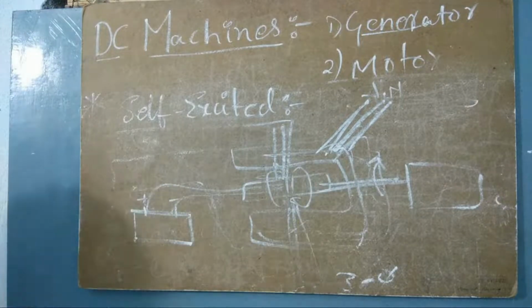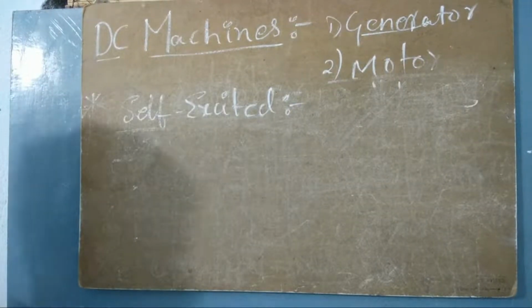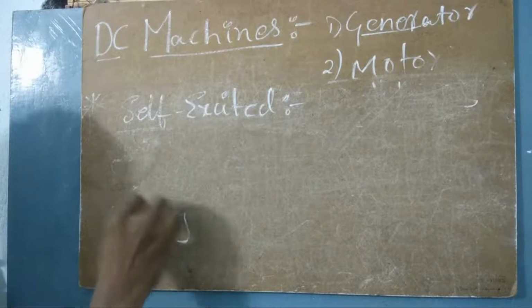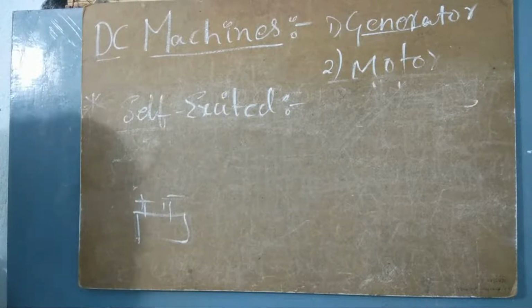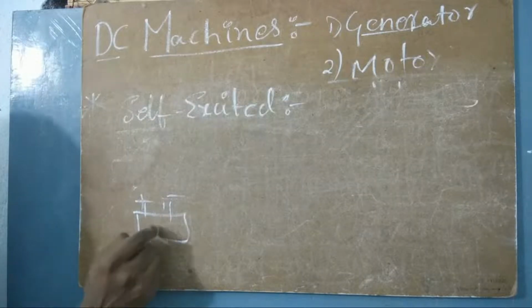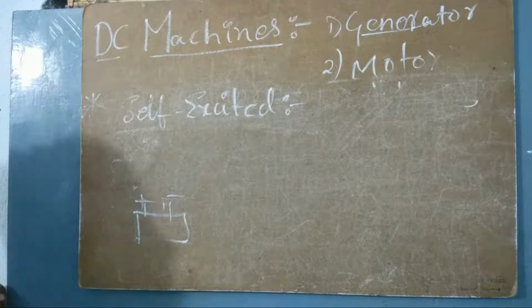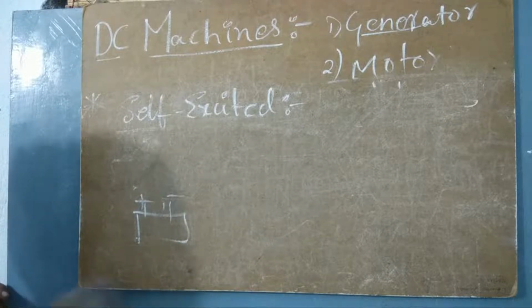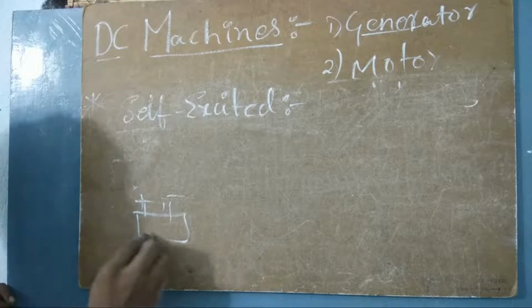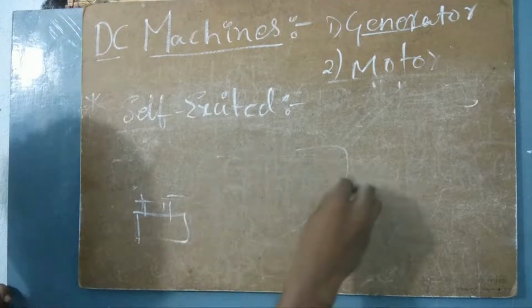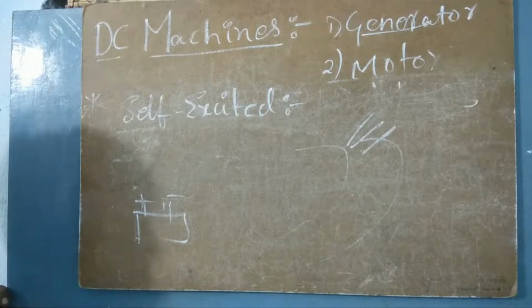But now, how is it separately excited? That means this battery is there, right? When this battery is providing some power to the armature, which is rotating, how is it getting that power? Because this also has to be charged, right? Without charging, how can this serve as an excitation agent? It cannot do that because it must have its own power. So the generator will produce the output, and this will be given back.